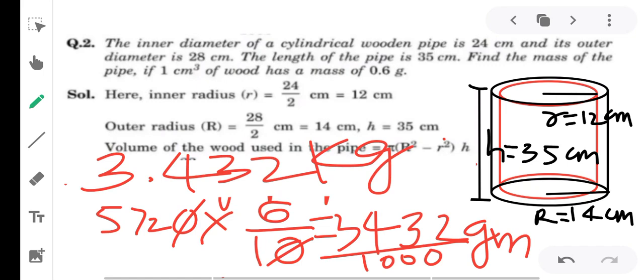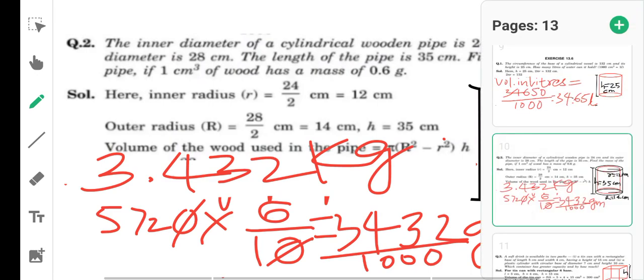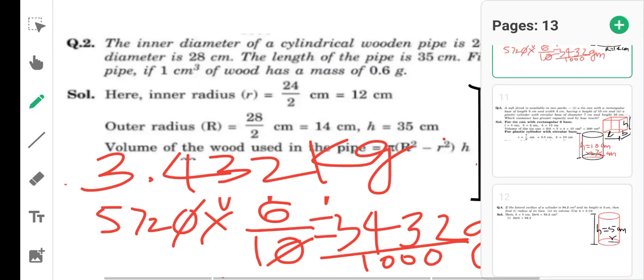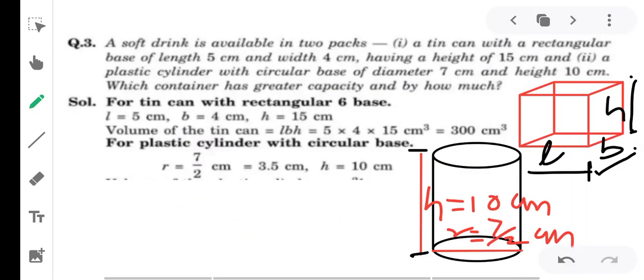So I hope this question you have understood, and just repeat it by yourself and write it into the fair book. So whenever you see this video, just keep your pen and copy with yourself, so you can calculate very easily. जो मैं यहाँ पर बताता जा रहा हूँ आप उसको साथ में calculate करेंगे. So now we will move toward question number 3 of the exercise. So this is the question in front of you.